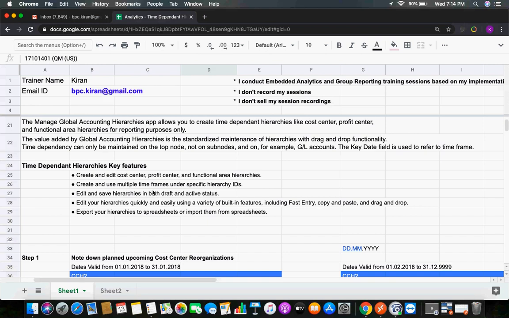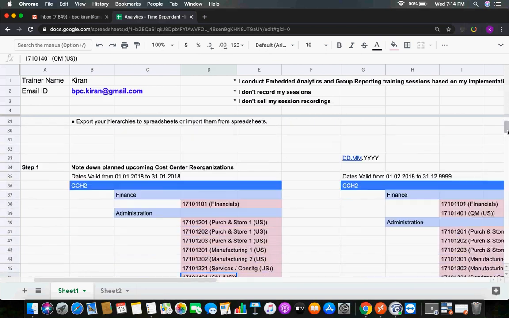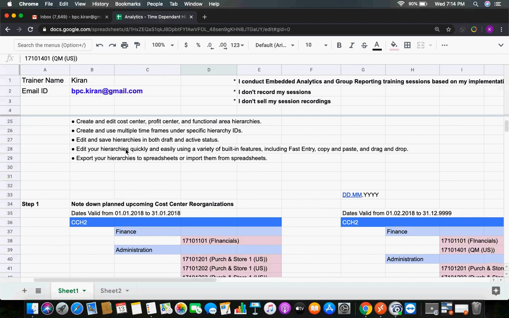You can use multiple time frames, as I said in step 1, multiple time frames under specific hierarchy IDs. The hierarchy ID is the same, but the time frame is different. That's what you have to understand. And you can edit the hierarchies, you can save the hierarchies, and you can maintain them in draft. Later you can save and activate.